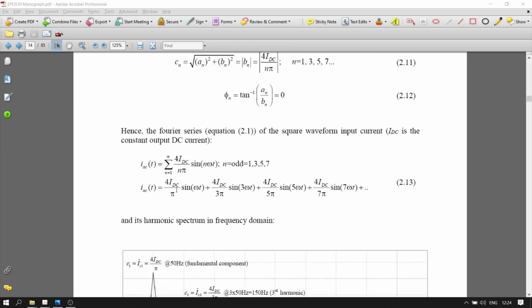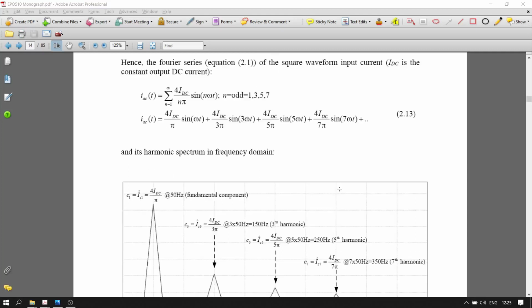So you have 4 IDC over pi, because n equals 1 here, sine omega t, plus 4 IDC over 3 pi, sine 3 omega t, because this is the third harmonic,